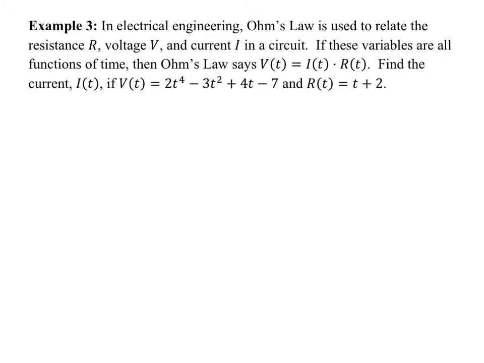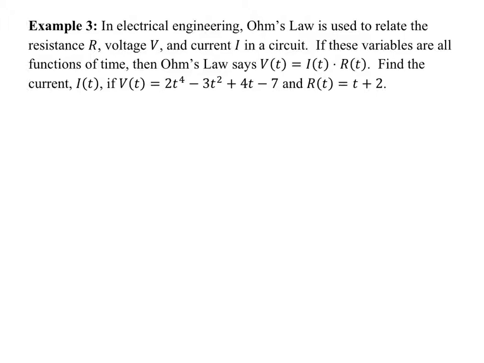Ben, you want to read first? In electrical engineering, Ohm's law is used to relate the resistance, voltage, and current in a circuit. These variables are all functions of time, and Ohm's law says voltage equals current times resistance. Find the current in the circuit if voltage equals 2t to the fourth minus 3t squared plus 4t minus 7, and